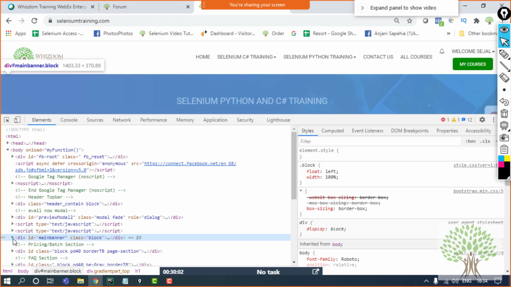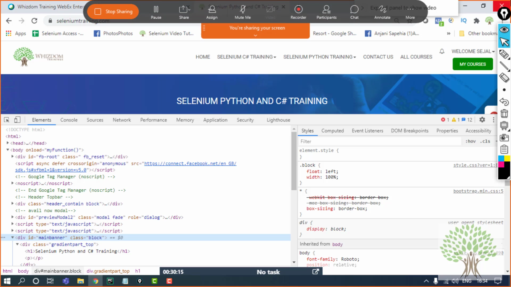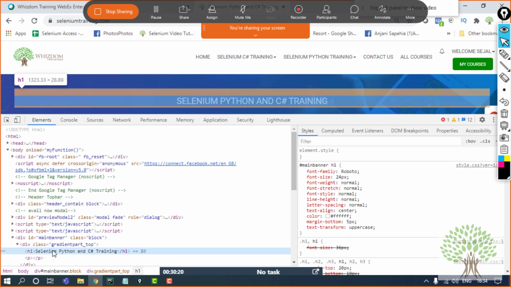Fine. It is a possibility that the same element also has the ID attribute. So for that also we can make the XPath. That I'll show you in some time, if the same element is having the ID, then how we can do that. Fine. So suppose I have to make the XPath for this only element, this Selenium Python text over here. So what I'll do is I'll just hit Control F,